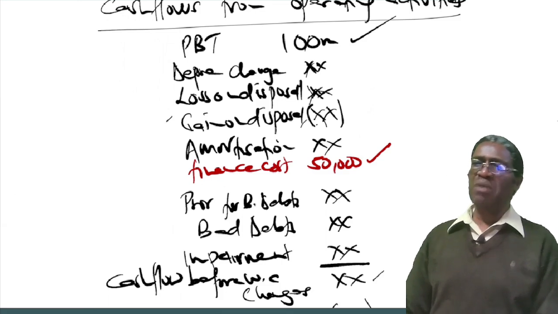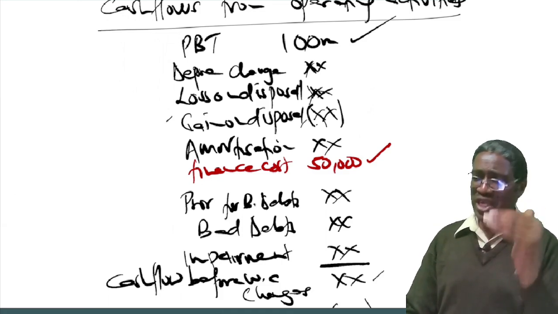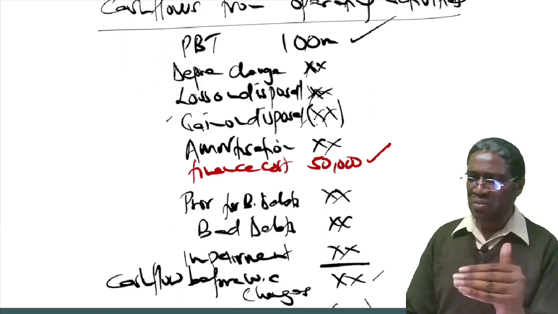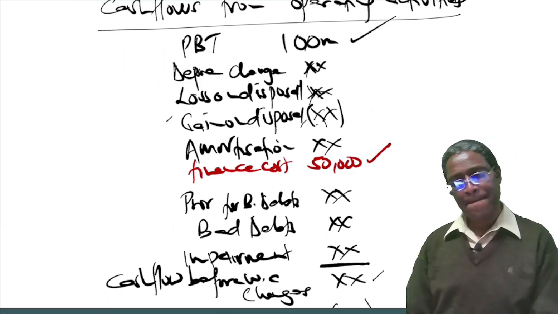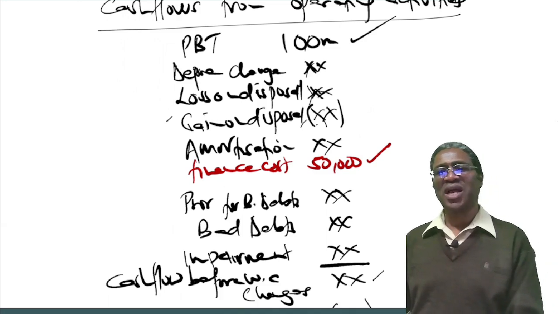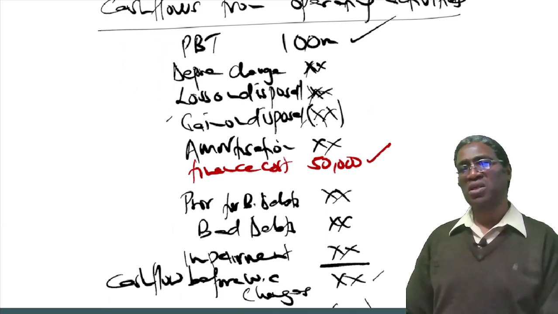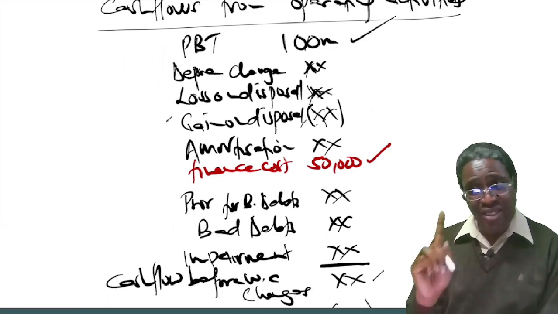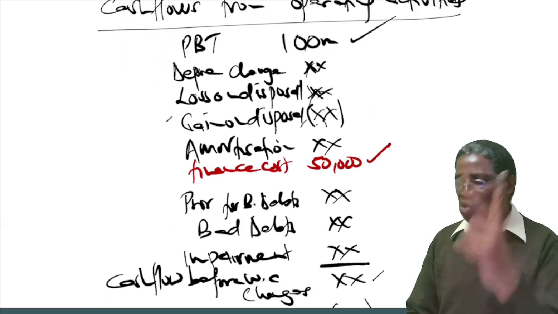I've given a few examples. One is depreciation, loss on disposal, gain on disposal, amortization of intangible assets, finance cost, provision for bad debts, impairment, and others. Now listen carefully. I do hope you remember from your knowledge of accounting where you did this topic, among these non-cash items, two of them